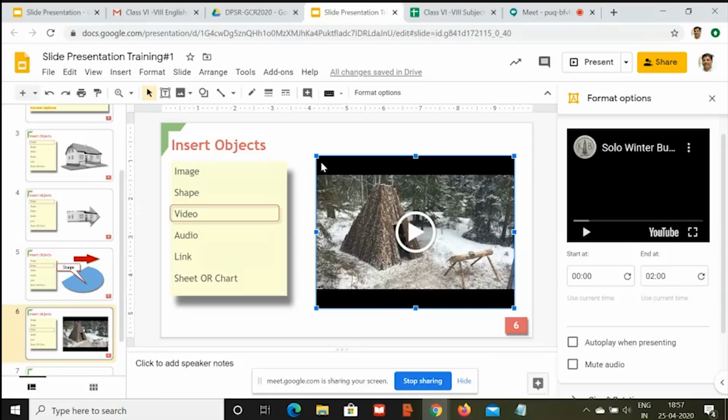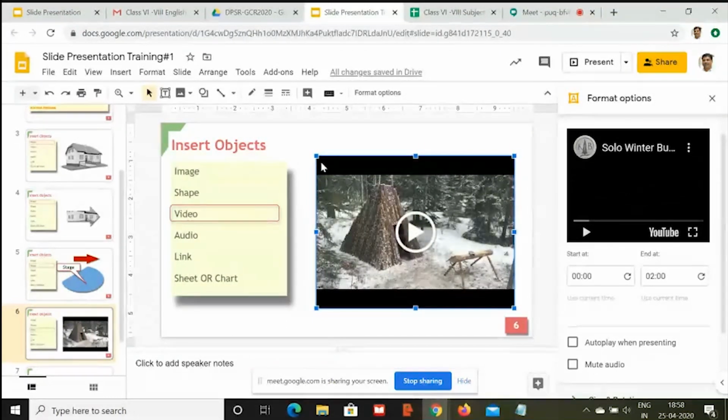It is just that you have to go to youtube.com and upload your video. You can keep that video completely private if you want. You can keep your video unlisted if you want. You can keep your video public if you want. I'll tell you the difference between keeping it private and keeping it unlisted. What does it mean? When you're keeping it private, only you can see and only those can see who has the link.